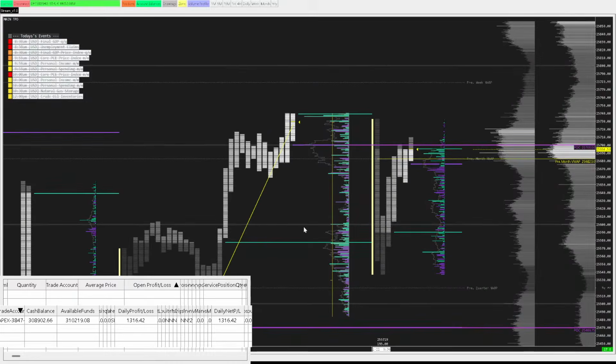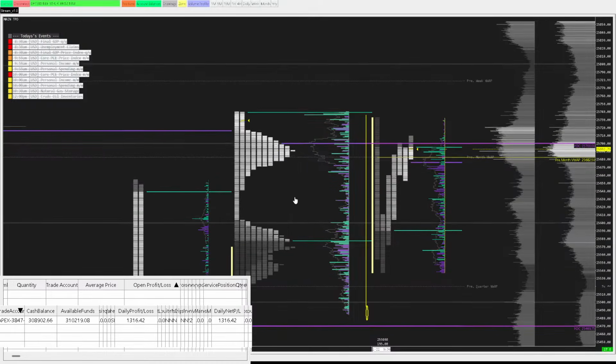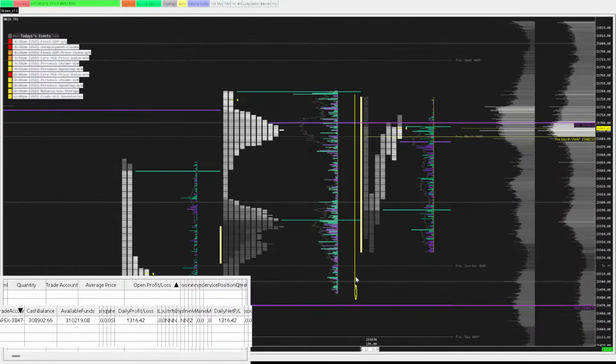And then this has been kind of a big pullback, so we sold down, and we just tested the boundary of yesterday's value area, and when I collapse the profile again, you can see that we tested the bottom edge of that. And so I like a TPO